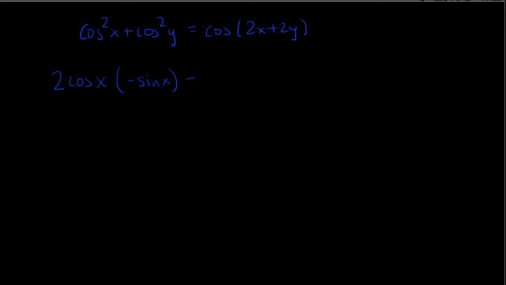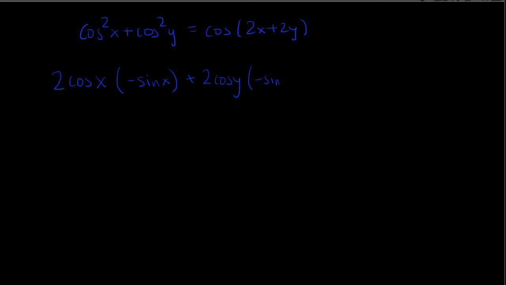I want to take the derivative with respect to x of cosine squared x plus cosine squared y equals cosine of 2x plus 2y. Now the derivative of cosine squared, I'm going to use the chain rule. So bringing down the power, and then I need to multiply by the derivative of the inside, which is negative sine. For cosine squared y, I'm going to do the same thing,